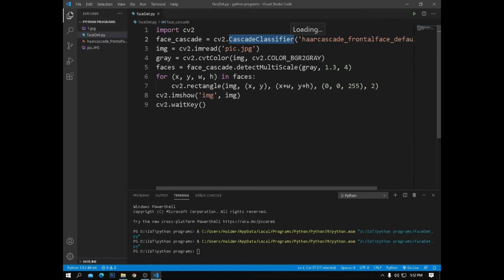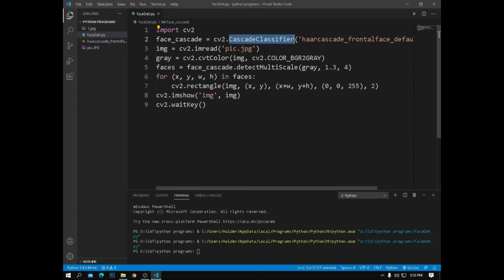OpenCV already contains many pre-trained classifiers for faces, eyes, smiles and so on. There are so many classifiers, but today I will use the face classifier. You can experiment with the others.